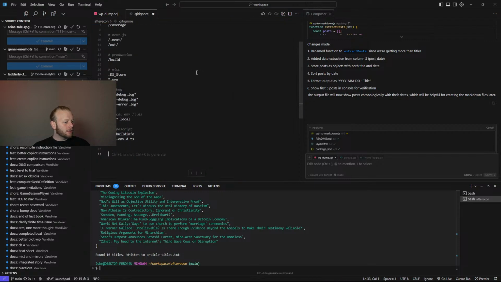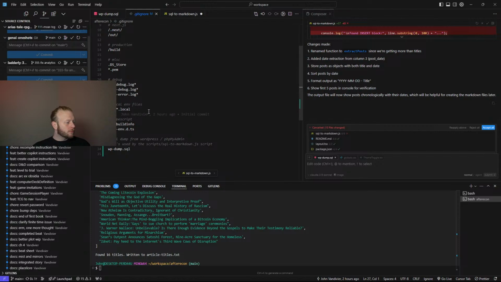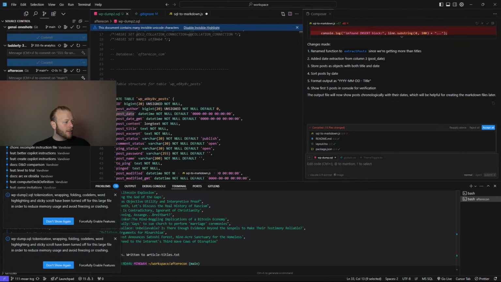I'll add wp-dump.sql to the git ignore, so I'll purge this from the repo. Temporarily rename my dump file so that it appears as deleted in git.